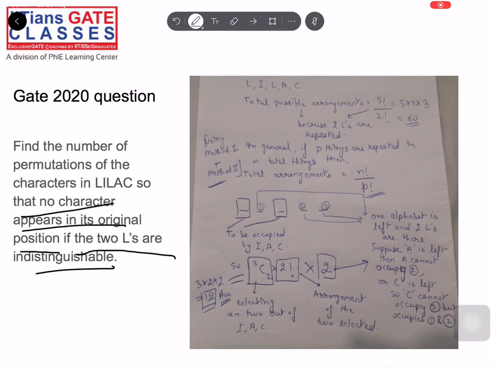Right. So first thing is you have to understand, if I have something like this, first, always it's a good idea to find out the total arrangements possible without even thinking what is the condition given to us. So if you read the question once again, you can identify the condition that is given to us is no character should appear in its original position. That is the condition given to us. Okay. So what I'll suggest is, whenever you are attempting a permutation combination problem, always try to find the total arrangements first, which are without any condition.